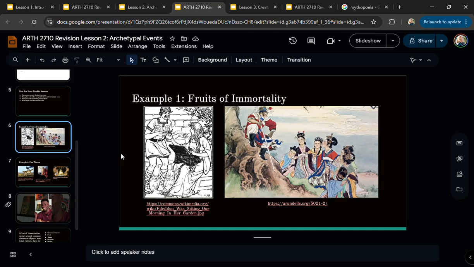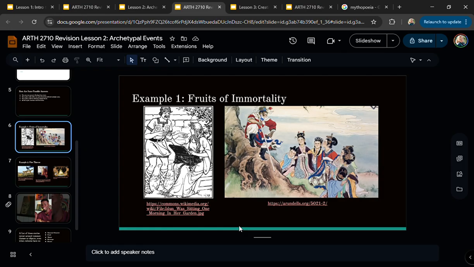A similar thing happens in the story Journey to the West with Sun Wukong, the Monkey King, where he steals magic peaches for immortality from the peach tree, and I do believe he gets severely punished for it. But it's interesting that it's a common thing, because you think of medieval Scandinavia and China,